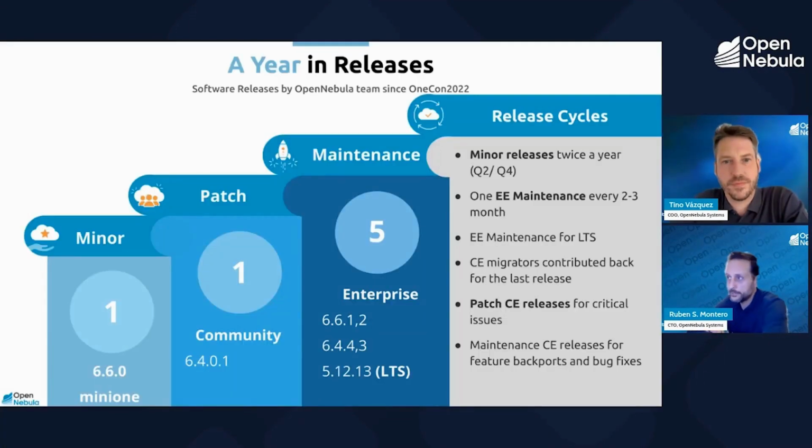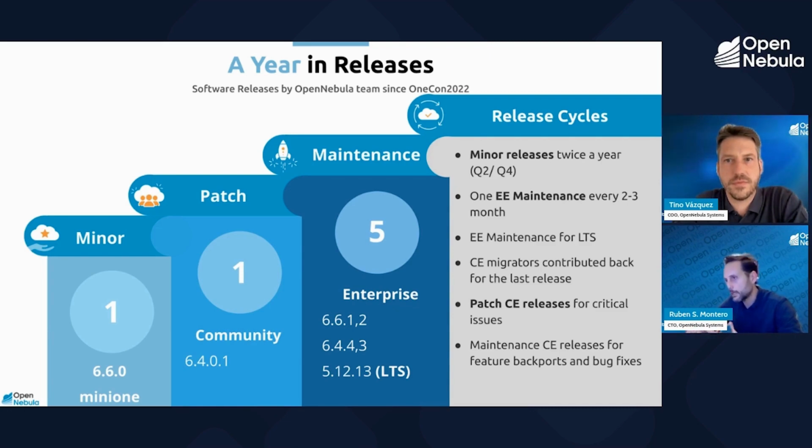Regarding the achievements or releases that we've been doing since the last conf, in the last year, we made a minor release, which is 6.6.0. In this release, we included several features that we are going to review. Also, this release has been made available to the community, and together with the release, we have a mini one, which, as you probably know, is a convenient way of trying OpenNebula. For our 6.4.0 release, we made a patch release also available to the community. And then we have several maintenance releases, which are available for the enterprise